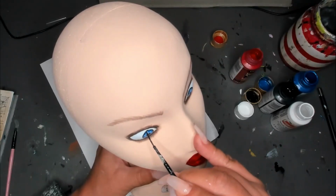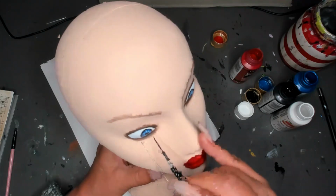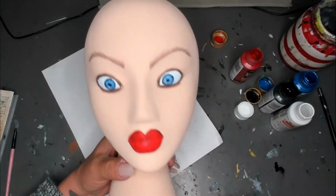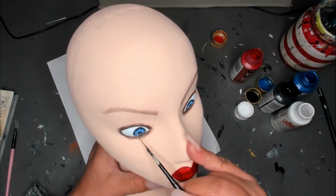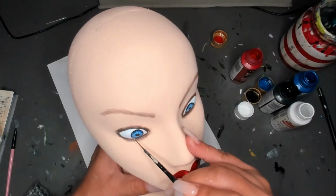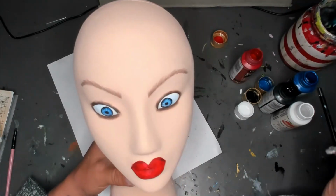Go around the eye. Got a little crick. Pull in just a little bit. And I think I'm going to get a touch more white. Okay, now I'm going to get